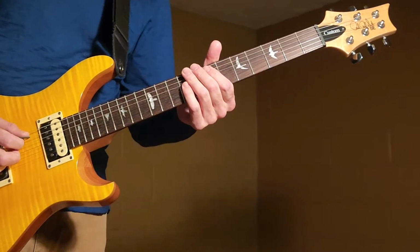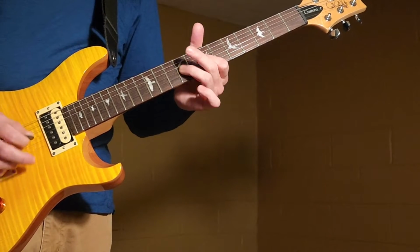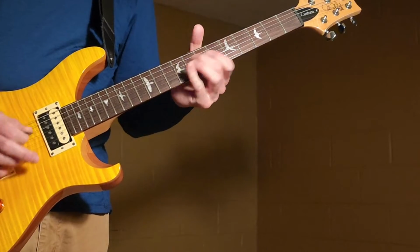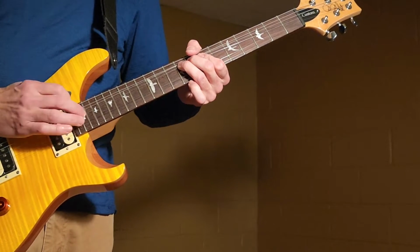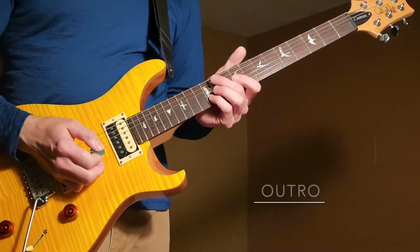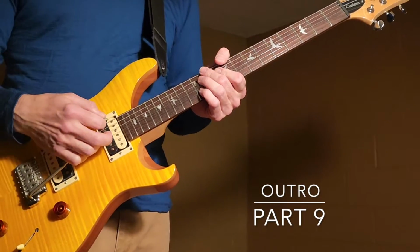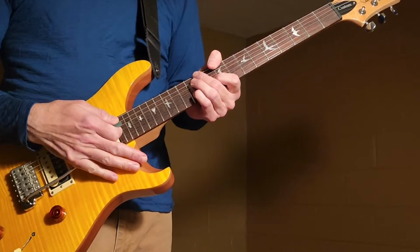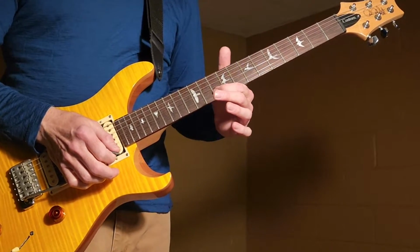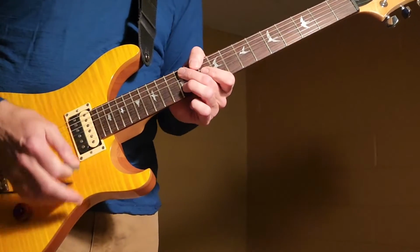So up to that point we have... to the 12th fret on the B string and do a dive bomb. So, and pull off to the 10th fret and give it some cranks. So it'd be like,